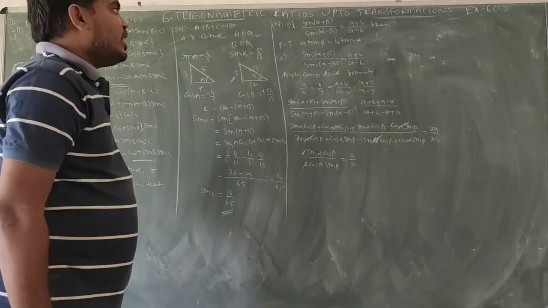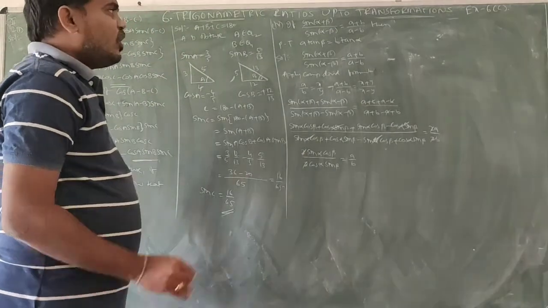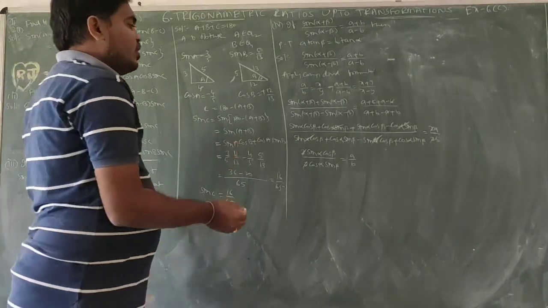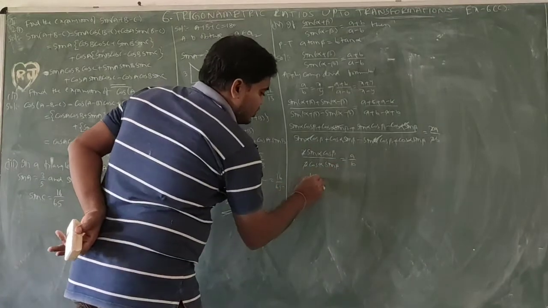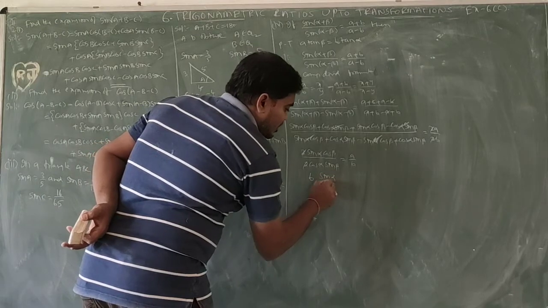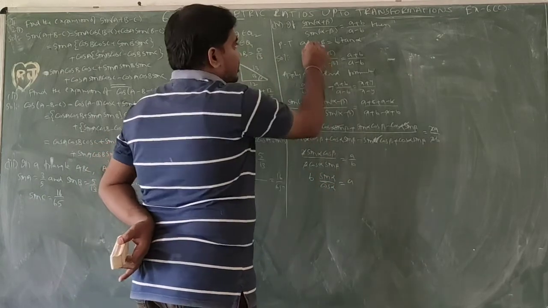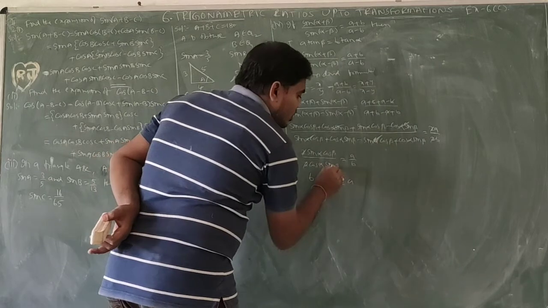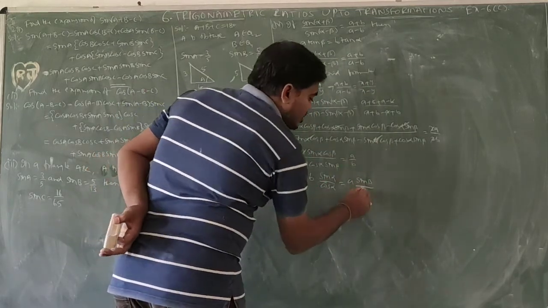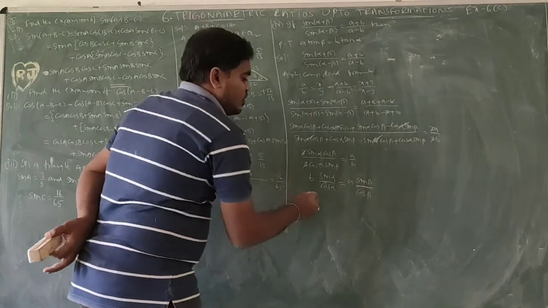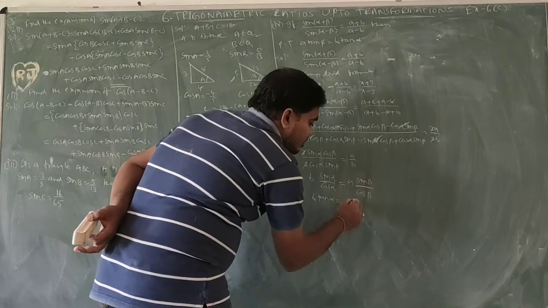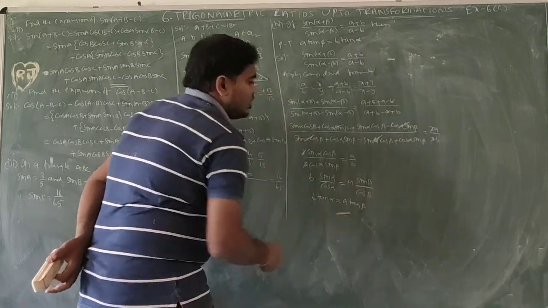So we need to prove A tan beta equals B tan alpha. Bring the betas to one side and the alphas to the other. So sin alpha by cos alpha on the B side and sin beta by cos beta on the A side, with the numerator and denominator moved outside. So B tan alpha, and A sin by cos, that is, A tan beta. So this is the required result.